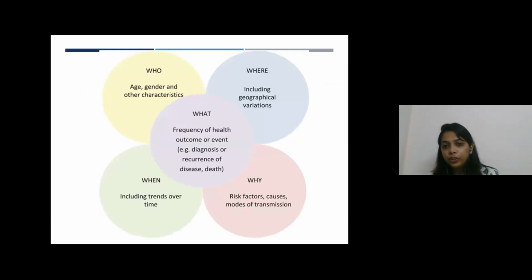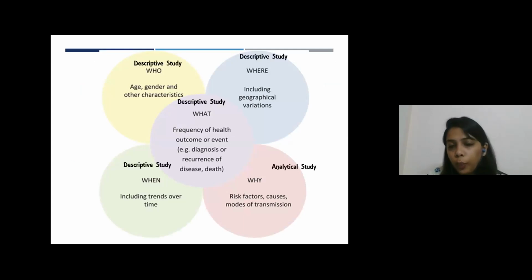So any observational study would answer 5 questions. That is, what is the condition? Who are those who are being affected by that condition? Where is this condition prevalent? When is it occurring? And why? The first 4 questions are answered by a descriptive study, whereas the why question is what is answered by an